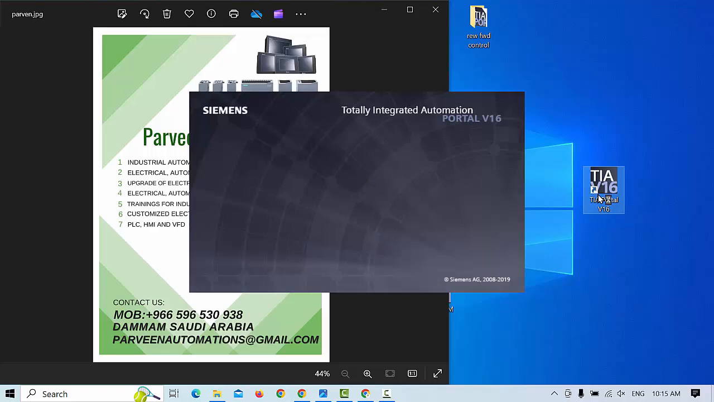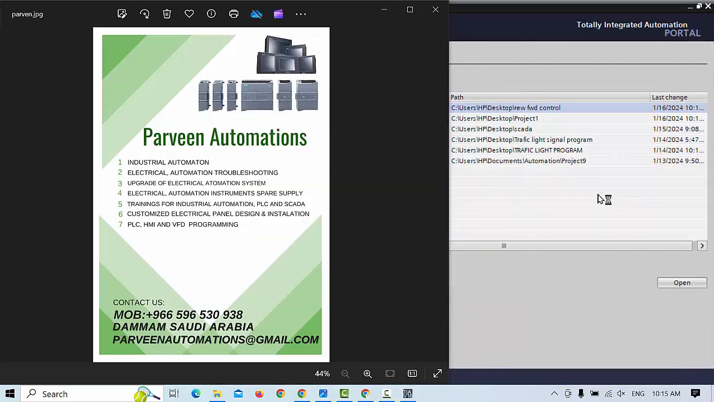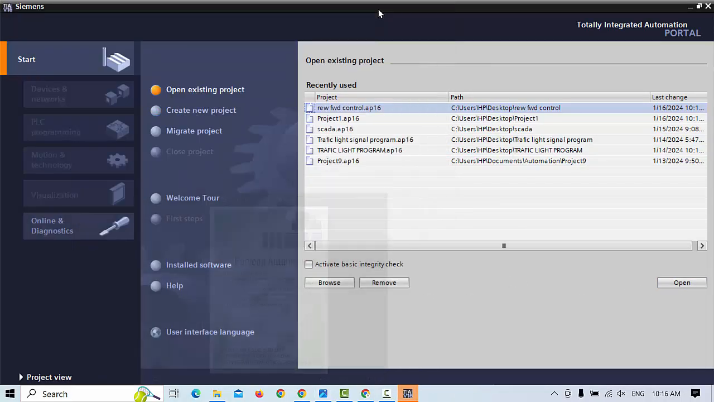Friends, in this video I will tell you how we configure the temperature module in TIA Portal V16 and how we can use it in the program with the S7-1200 PLC. So we will start